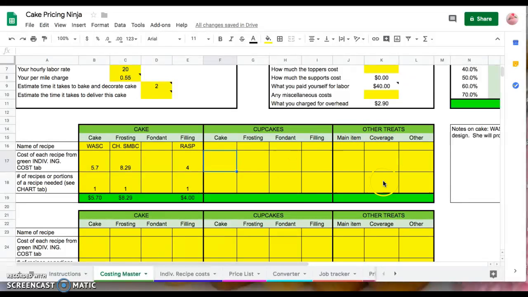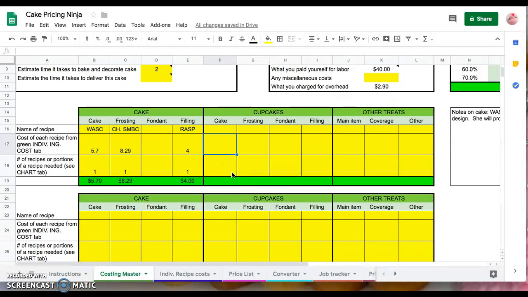Other treats is here for things that you might make, like cookies or chocolate dipped strawberries, something else like that. So you can put those kinds of things in here. Again, anytime you're looking for a cost of a recipe for these boxes, you're going to go back to this individual recipe cost. Now, let's say this is a big job, and there's lots of cakes and lots of cupcakes